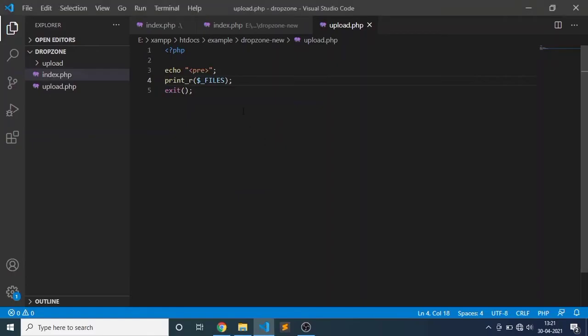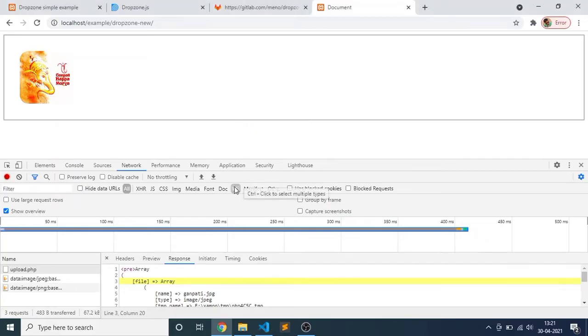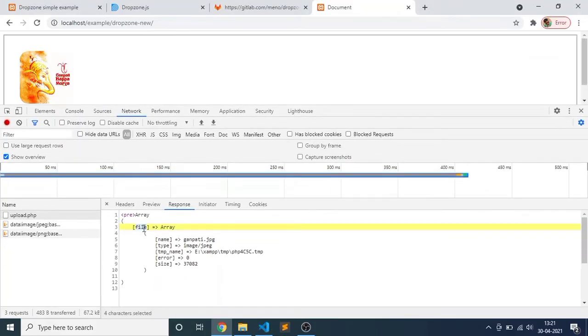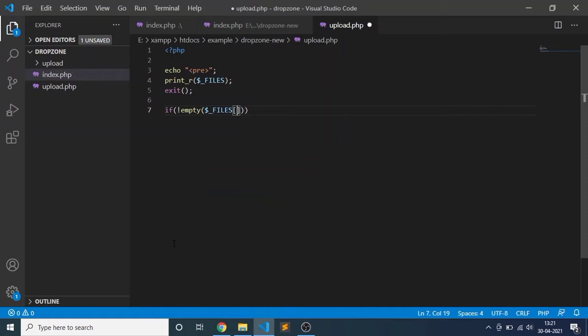Now we are writing the file upload code to upload our file to the server. If files not equal to empty, like file name.